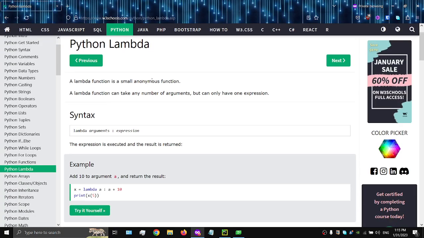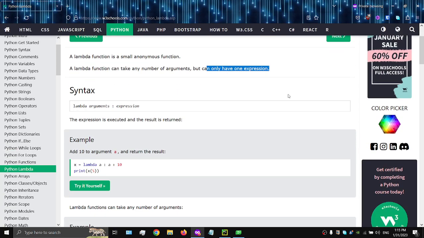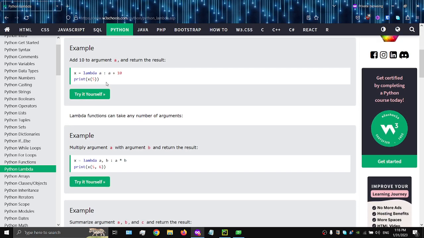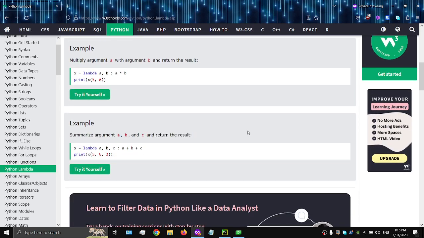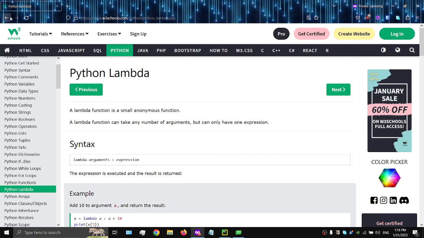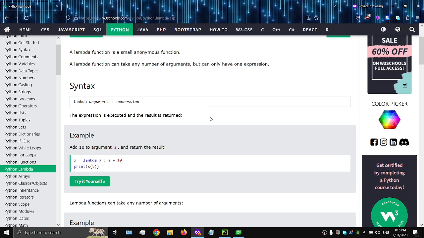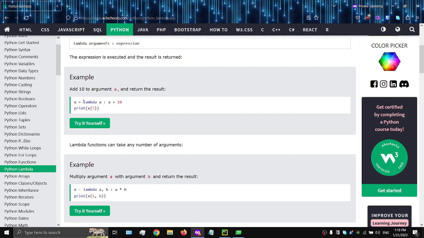Okay, a lambda function is a small anonymous function. A lambda function can take any number of arguments, but can only have one expression. Lambda arguments. No, I do not know. I still do not understand what it does. A lambda function is an anonymous function, lambda arguments, as the expression is executing. Okay, lambda a